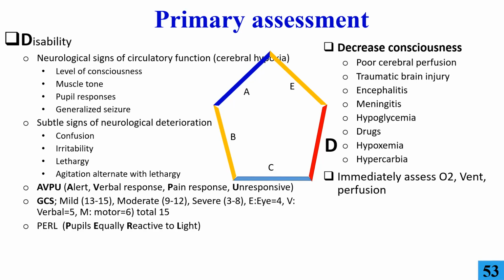Thank you very much. Okay, and PERL reminds you how to say or express the status of the pupil. So you say pupils equally reactive to light, PERL. Now, this is the evaluation. Then you have to identify. So you identify decreased consciousness. Now you have to think of the causes, and there are many: poor cerebral perfusion, or traumatic brain injury, or encephalitis, or meningitis, or hypoglycemia, or drugs, or hypoxia, or hypercarbia. All can cause